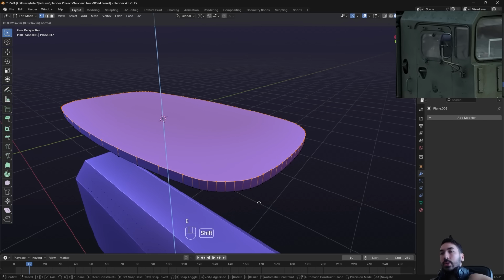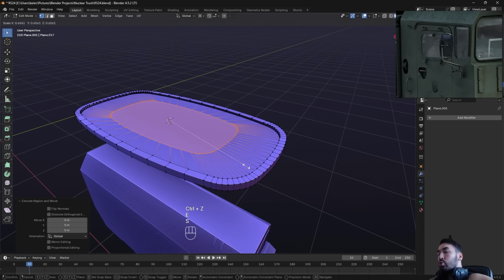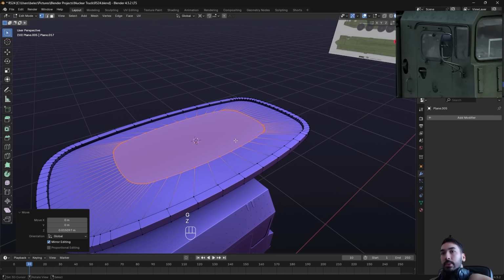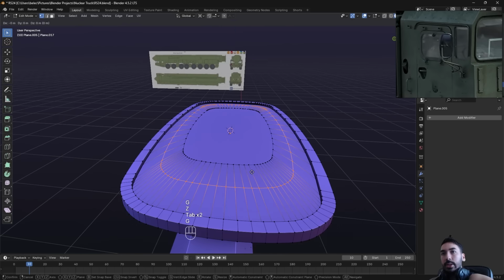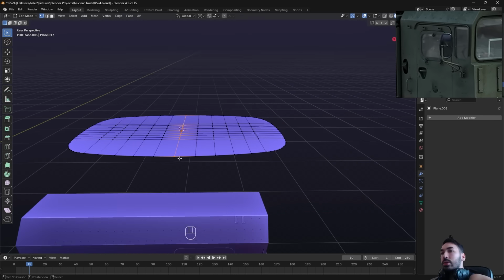And you're going to extrude this surface up a little bit, then you're going to inset it, then you're going to extrude it down a little bit, and then we're going to extrude it again and scale it inwards like this. Once we bring it to around here somewhere, then we're just going to lift it up a little bit, maybe add another loop cut here, which we're going to lift up. Maybe this is a bad idea. Let's just undo a couple of steps to where we got this geometry,